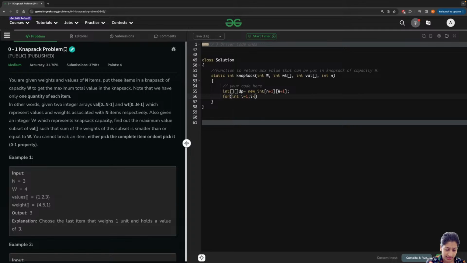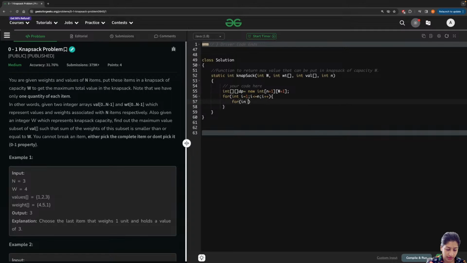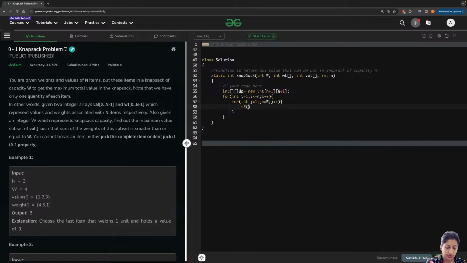For i less than or equal to n, i plus plus, for int j equal to 1, j less than or equal to w, j plus plus. First of all you have to check if it's eligible to even get into the knapsack, that means not exceeding the weight of your knapsack. If weight of i minus 1, and you have to use one less index, because the first row of your DP will ideally correspond to the 0th index of your weight array, right? If that is less than or equal to j, that means the capacity of your knapsack at that point in time,